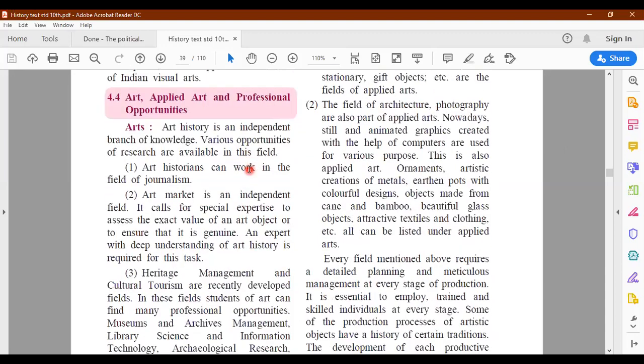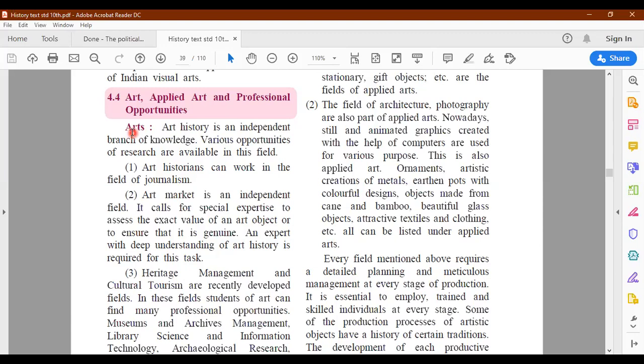What is the need to actually have a lesson in history related to art and Indian arts? Why is it very important for a student of standard 10 to know about these arts? Because when we learn about this art, it is not just for the sake of getting knowledge, but this knowledge can become a profession.